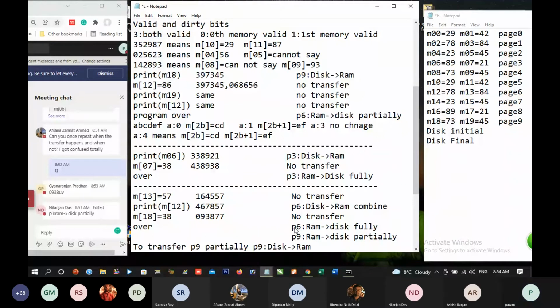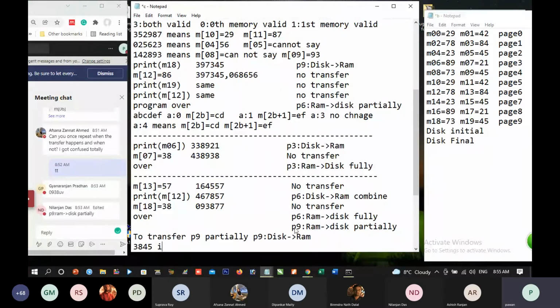Now, P9 becomes this: 3845. Now, 3845 is transferred from RAM to disk. Is it correct? Yes. Okay.